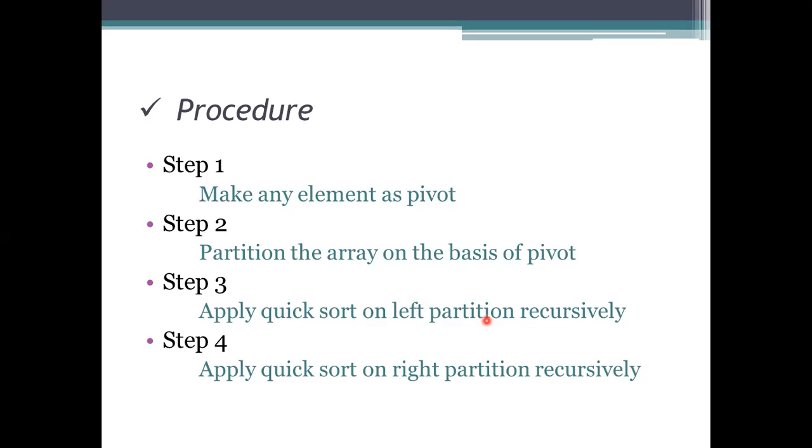And coming to the next one, we need to perform the quick sort on the left partition. Quick sort means make an element the pivot. From these first two steps we need to continue. So here, make an element a pivot, partition the array, which is a sub array we are having, and apply the quick sort on the left one. And next, after the left one, apply the quick sort on the right one. By that, the sub array will be finished, and go to the right sub array.